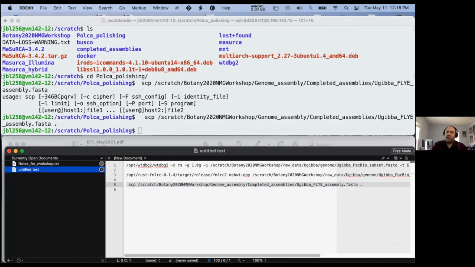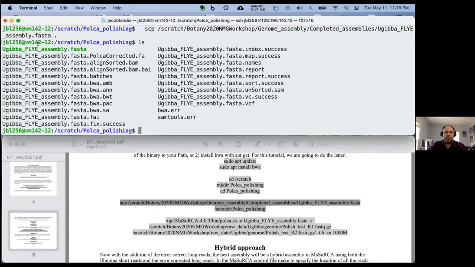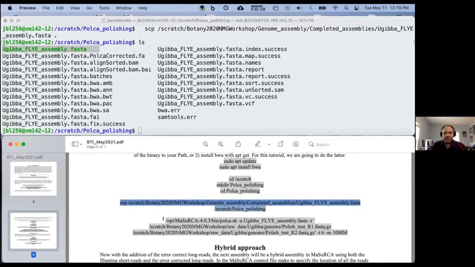So here it's just going to tell us we're going to copy the completed assembly's UGIBA flye assembly.fasta file, and the period just means we're going to copy it here and put it wherever we are, which we should be in the polca_polishing directory. I'm just going to take a quick look. I have run this before, but I do have this UGIBA assembly FASTA file. Once that is set,